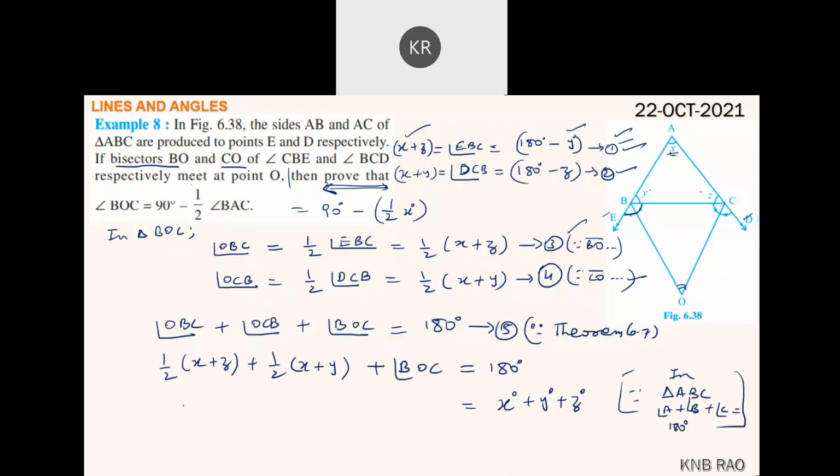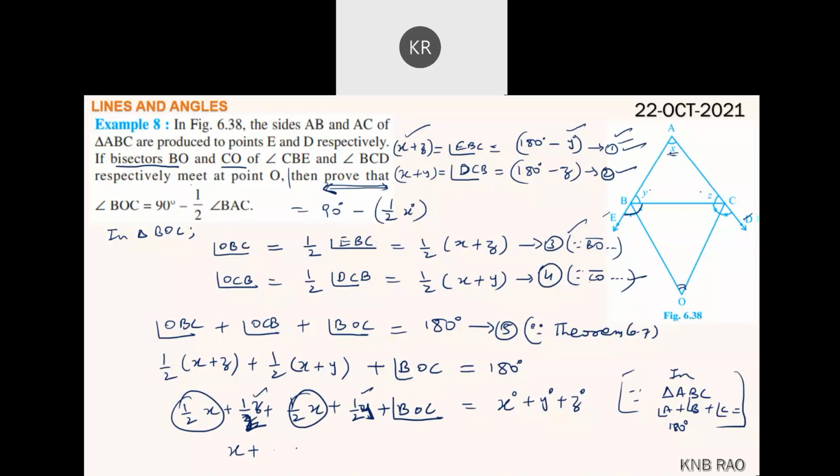You mentioned that. Now this is half X plus half Z, plus angle BOC, plus half Y. See, half X plus half X becomes one full X. Next, half Z plus half Y, if they come to this side,